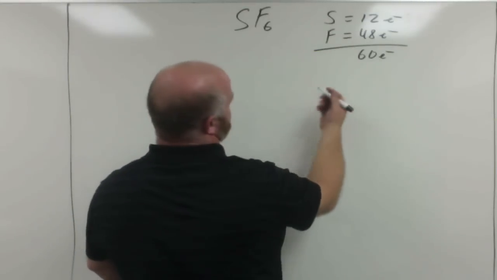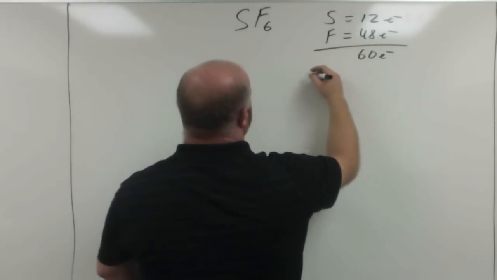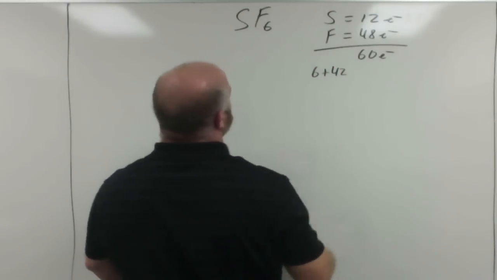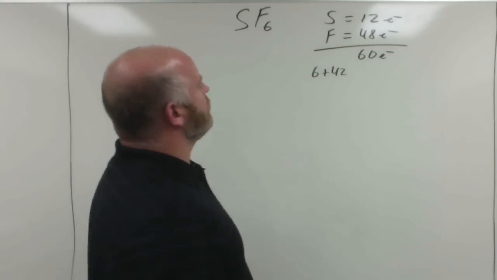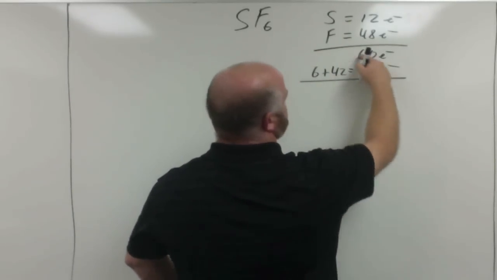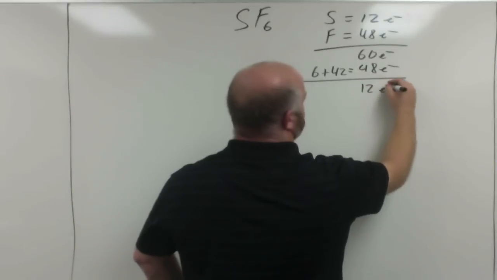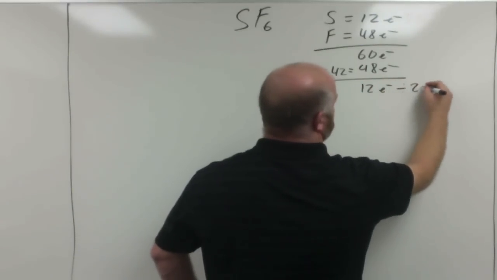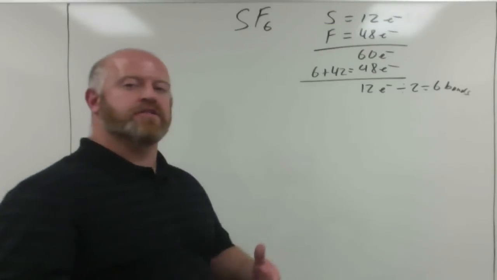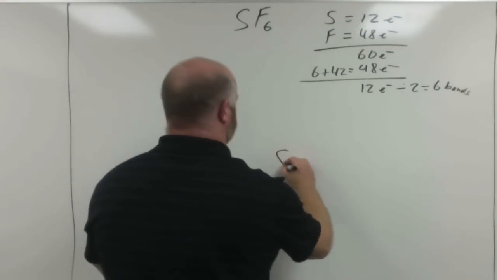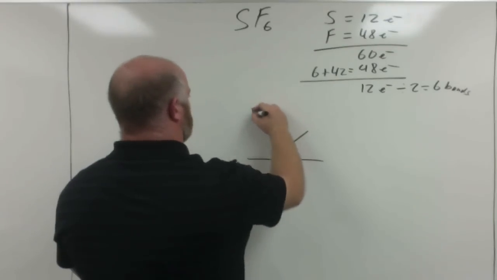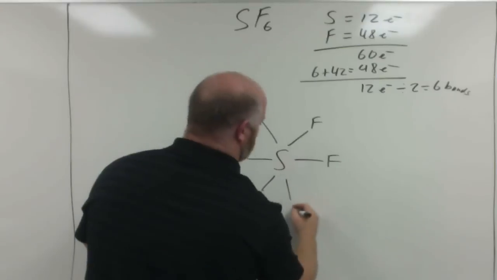We still have the same number, so we still have our 6 valence electrons for the sulfur, plus the 42 for the 6 times 7 for the fluorine. So we still have 48 electrons on here. 60 minus 48 is 12 electrons. Divided by 2 gives us 6 bonds. Which now starts to make more sense, because sulfur should bond 6 times, 1 time each,